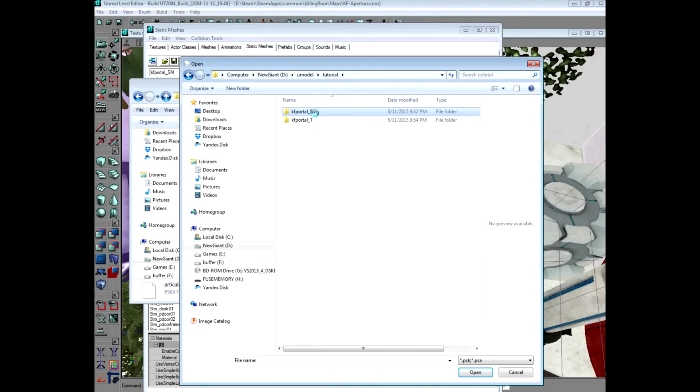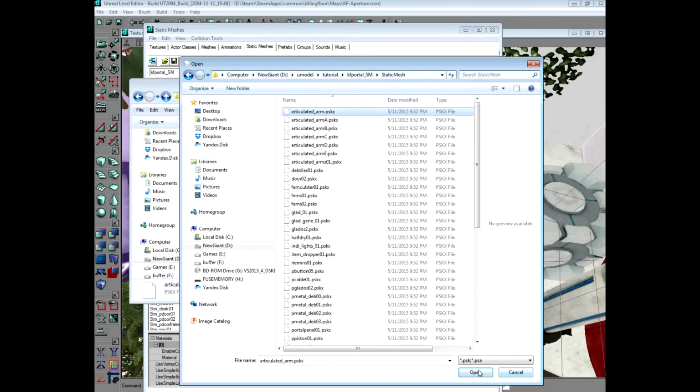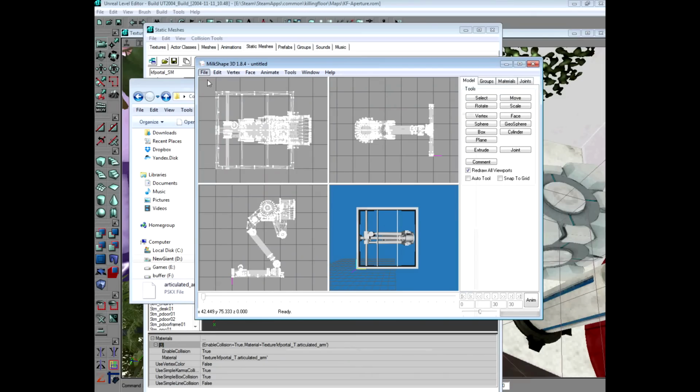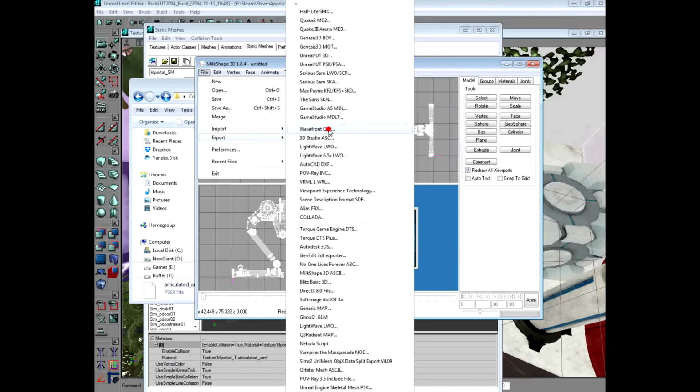So you don't really need to. See, nothing's going to show up in this folder when we open it. For this particular case, you got to do this down here. Do all files, then just open it up. There's our articulating arm. So we're going to export that as an OBJ model.